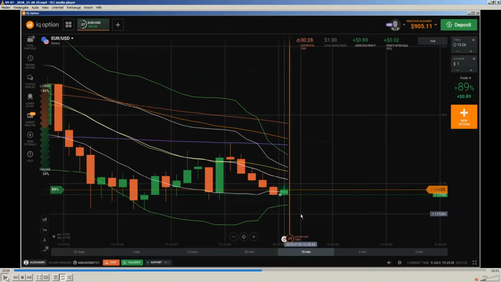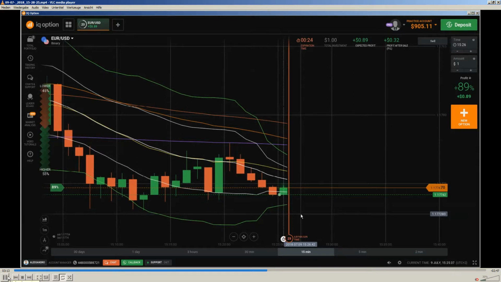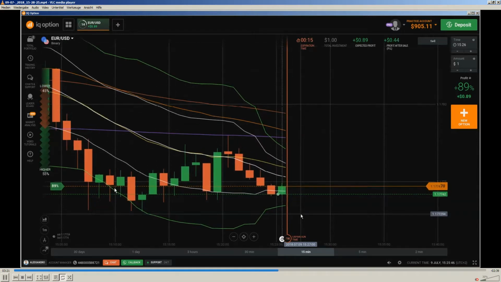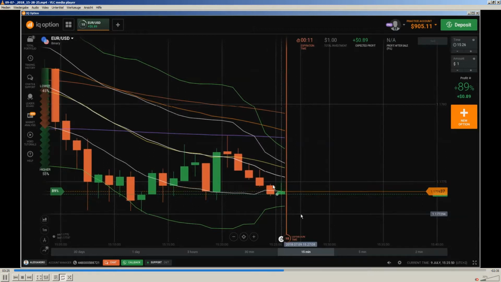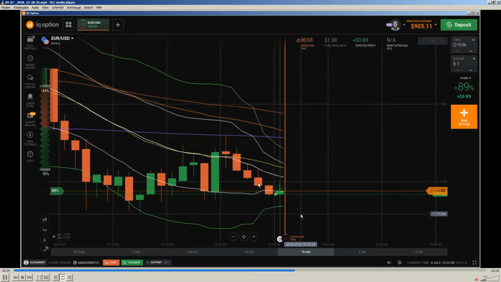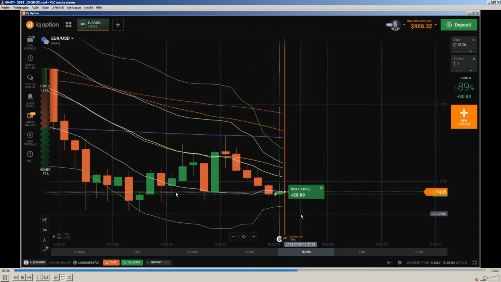So, okay, that was this one. And I entered here into a call. I didn't do this put here because of the second inverted bearish hammer at this key level. It was too risky to enter here at this level, yes, into a call, because it was not clear. And that's the reason why I didn't enter into a call, and I didn't enter into a put too, because we were too close to this level.